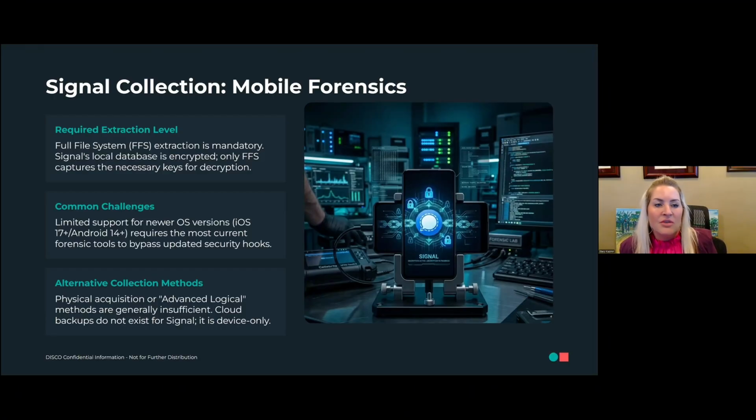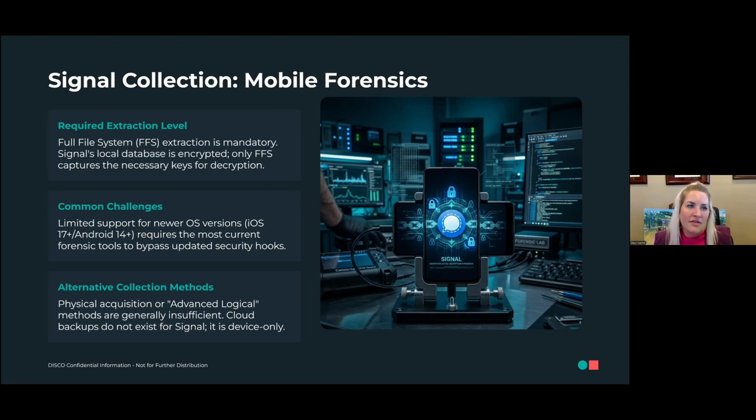The problem goes back to what Dave described at the beginning of this, which is full file system extraction. That is the most comprehensive extraction possible through Cellebrite. The problem is it's a game of cat and mouse between Apple and Cellebrite, if you're looking at an iPhone, for example. Apple will come out with a new iOS version, and then Cellebrite has to scramble to get a fix or a patch, if you will, to support that iOS for a full file system extraction. So as you might expect, there's sometimes a little bit of lag on the ability to get a full file system extraction, depending on the model and iOS of the phone or the model and OS of an Android.